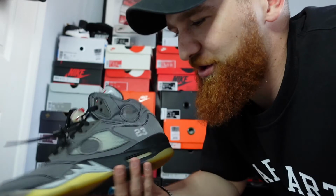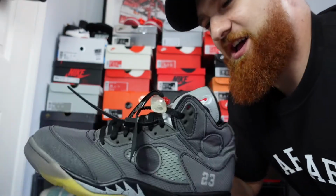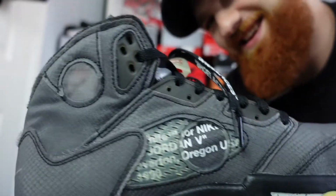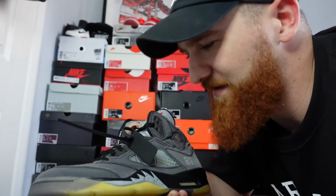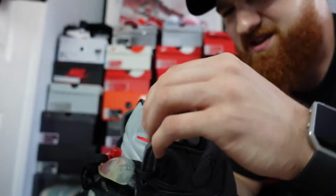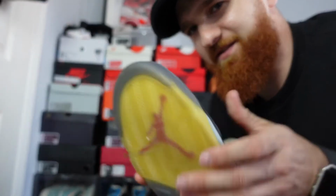Next we have the Off-White 5, released in 2020. So this year, my favorite shoe of the year. And here we go, here's something that I'll say: I'm not the greatest fan of Jordan 5s, but these are unreal. Like the comfort as well. They've got this material here, it's like a deconstructed...